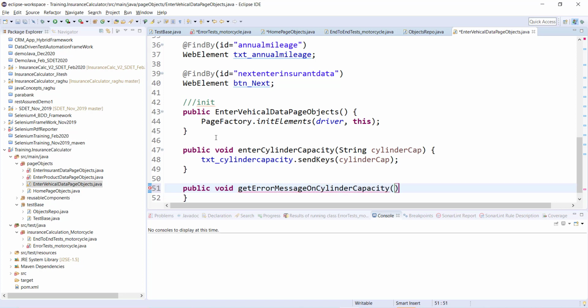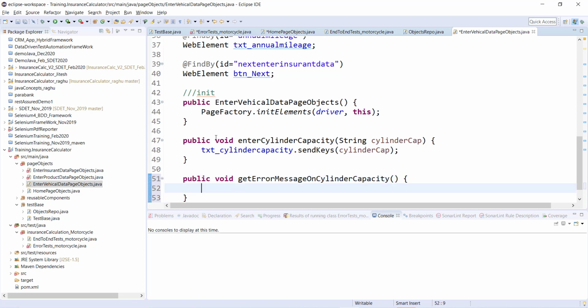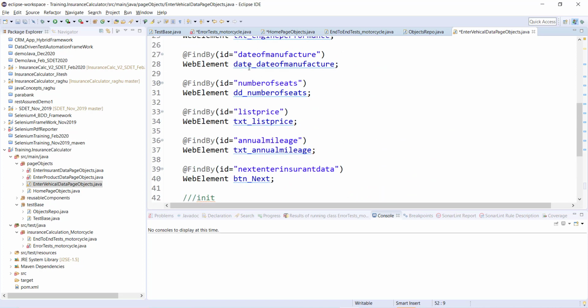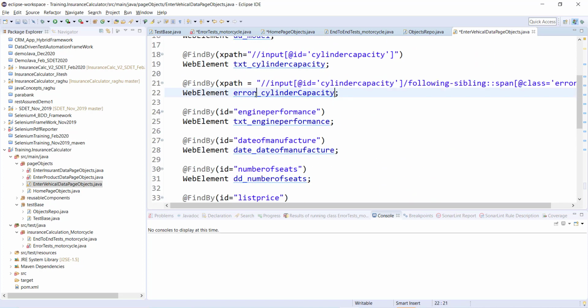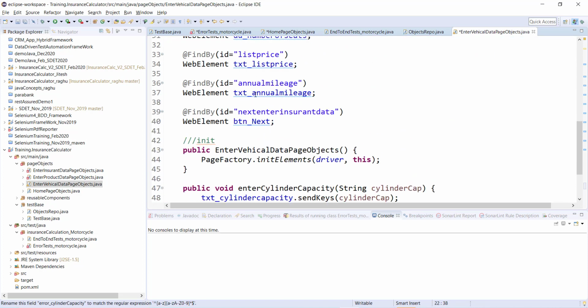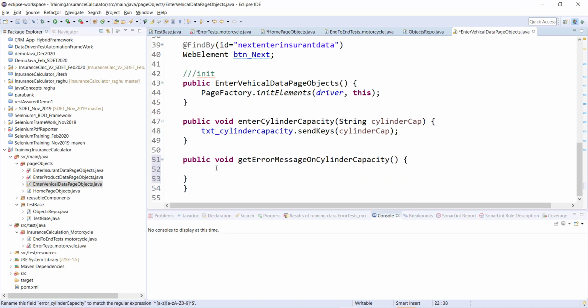Okay, and how to get the error message? We have created the web element already, it is this one, right? And how to get the text out of the web element? By using get text method, right?